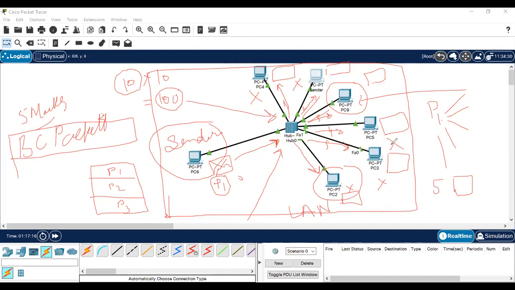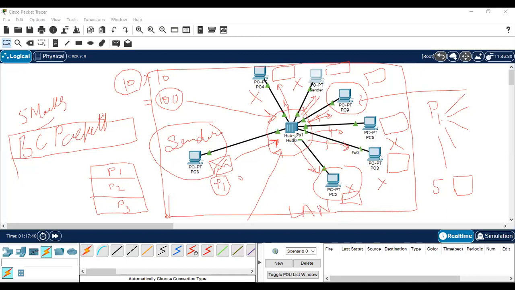Now, for some security reason, if some PC says, okay, this is my packet, then what will happen? So that's why we are saying the hub is not at all secure. If we are using a hub in our office or college, for that reason we avoid using a hub.